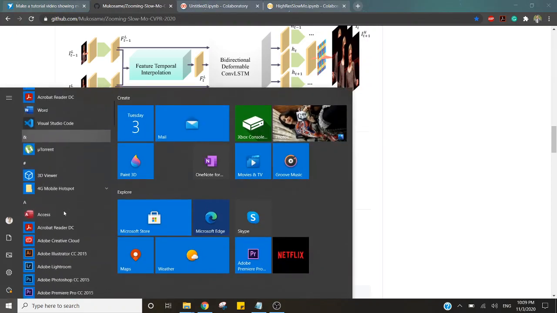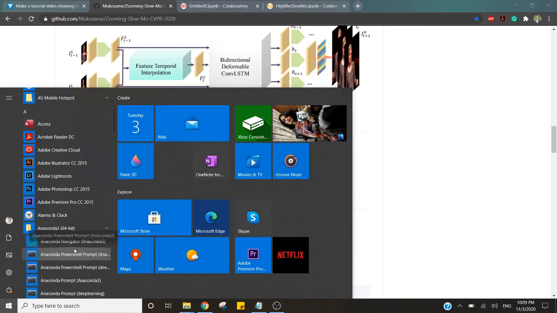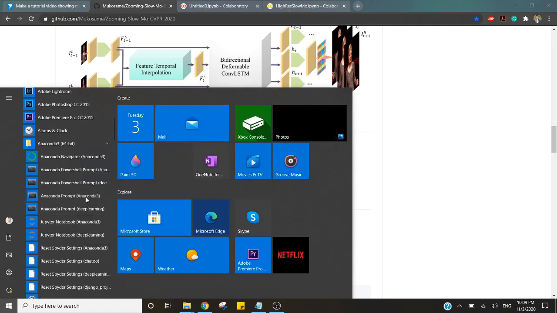So let's open Anaconda. Now Anaconda has been opened. Now let's make a virtual environment by typing conda create. Let's name it slow-mo proj,